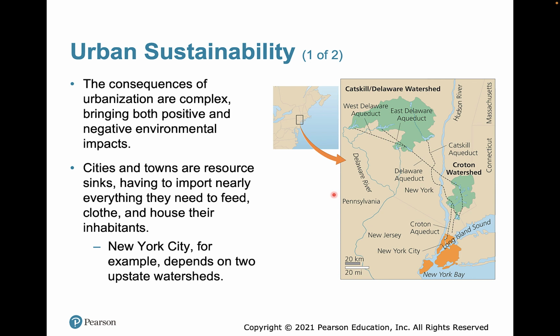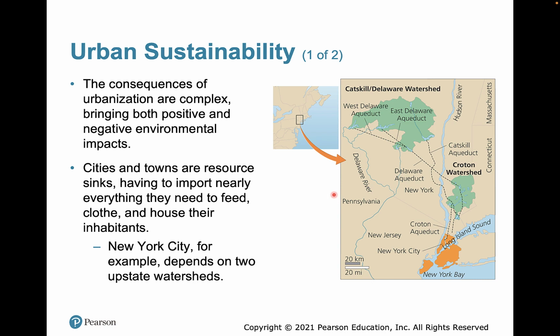So everything sounds like cities are the place to be, and we need to move into urban areas to reduce our ecological footprint. But cities are not the solution to all of the world's problems, okay? There are positive and negative environmental impacts of these cities. So, for example,